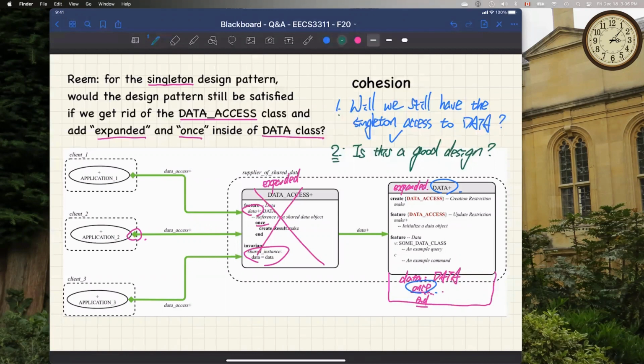I think on second thought I'll take it back, because single choice means you only change in one place. I think it will still hold, but cohesion would definitely be valid because it has an additional feature which is only needed for specific parts, but we're going to have to call the whole class essentially to be expanding. So over here, I would say the single choice principle doesn't seem to be